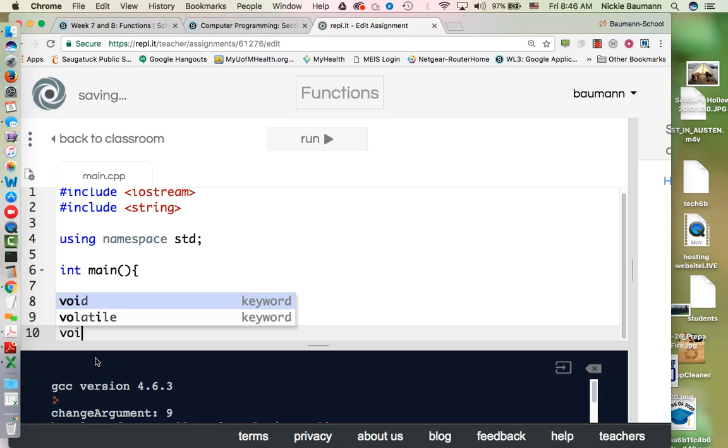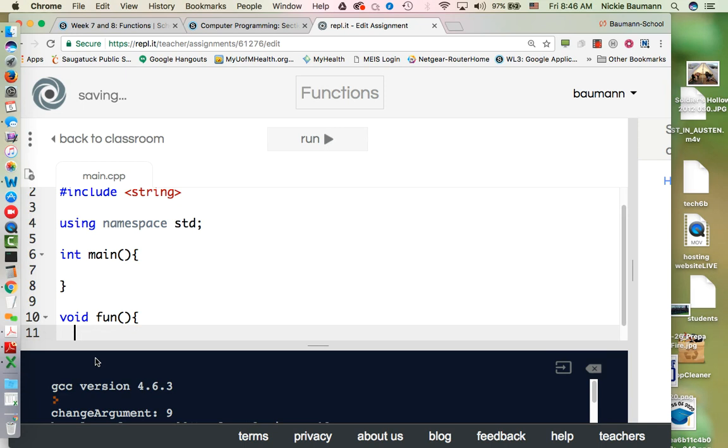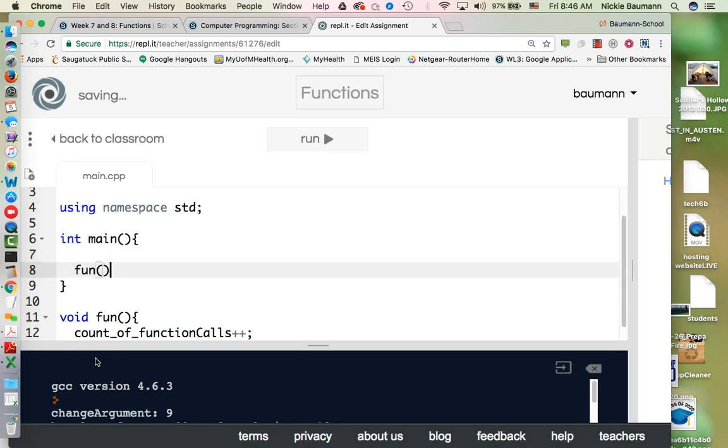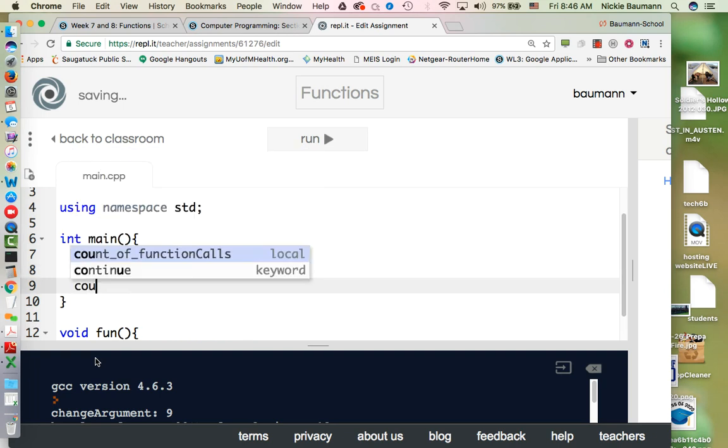So we're going to just do a void fun. And let's do count of function calls plus plus. So we're going to keep adding for how many times we call. Okay, so there's that function, and we're going to call upon fun here, and then we're going to see out